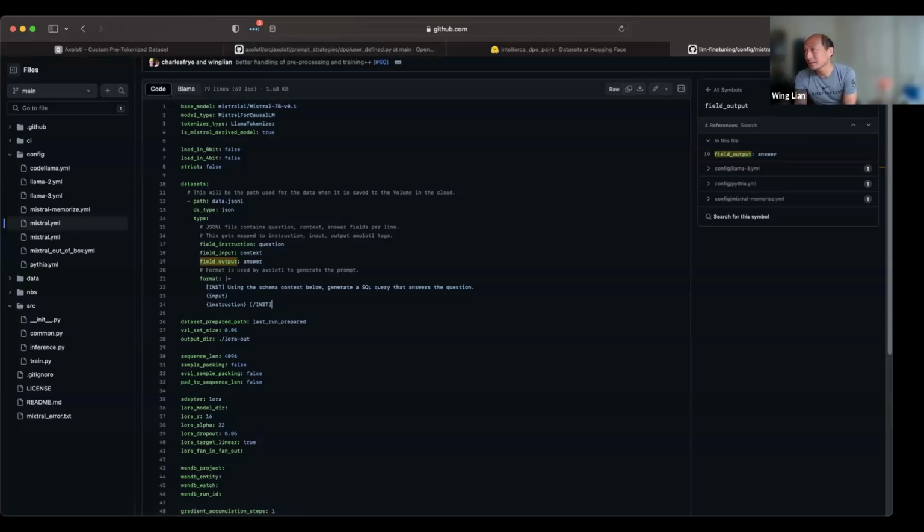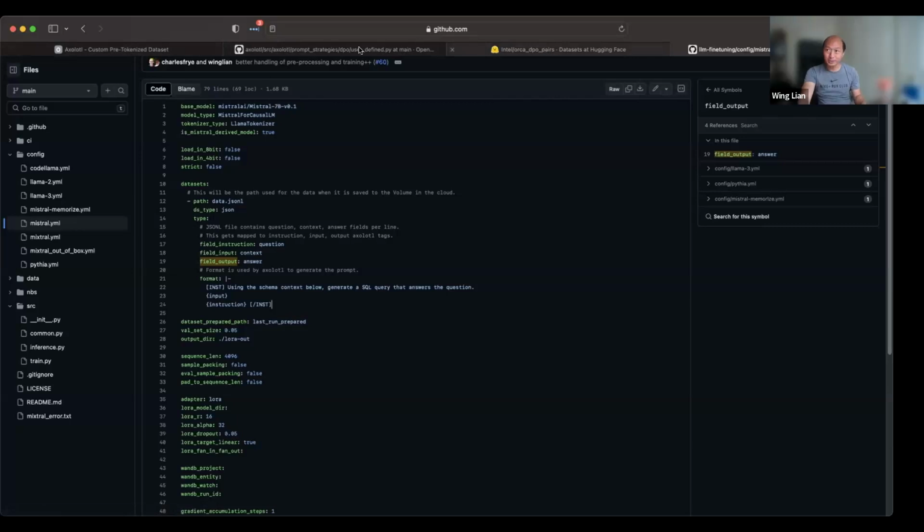Gotcha. There's a question here that I actually want to know the answer to myself, because I get confused sometimes. The question is, what is the difference between the chat template and datasets type parameters in the config? I usually just copy configs and go with it, but I didn't take the time to learn.